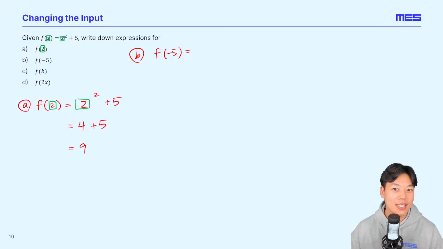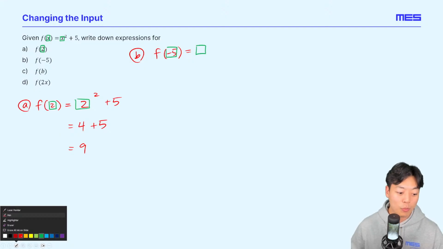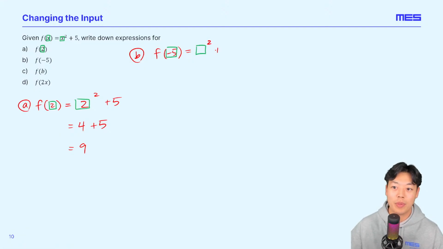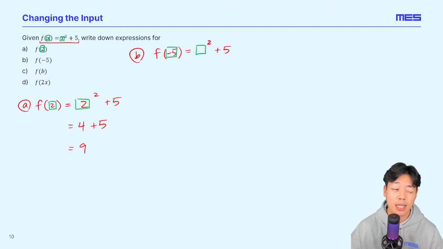F of -5. What would that give us? I can help you all out here by putting a box around this -5. It will be squared, and we will be adding a 5 to it, just like we have in our function here. So once we plug in that -5, some common answers here, I would guess, would be maybe a -20,